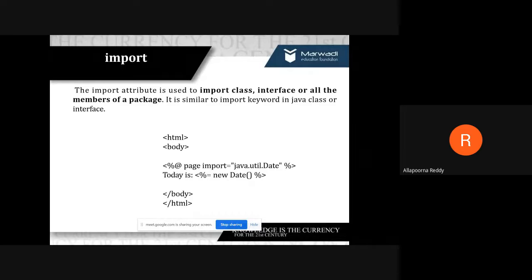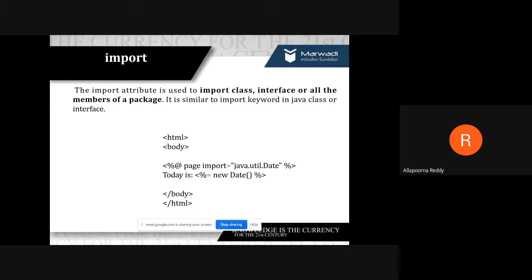But how you are going to use the syntax, just look here. As an example, @page: our directive name is page, and our attribute here is import, and you are using java.util.Date. It can be a class, an interface, or a package. Here I am using java.util.Date.